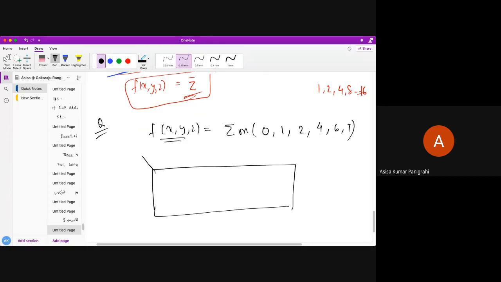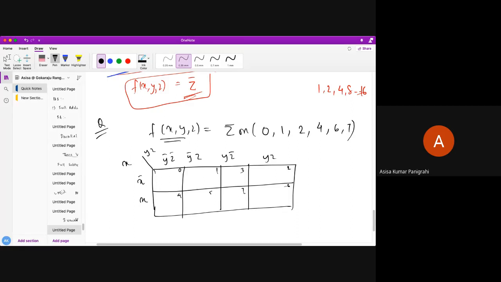So in order to combine the 3 variable KMap, what I have to do is this: x y z, y bar z bar, y bar z, y z bar, y z, and this is x bar and x. The place values are 0, 1, 2, 3, 4, 5, 6 and 7. Okay, do you all understand the place value?